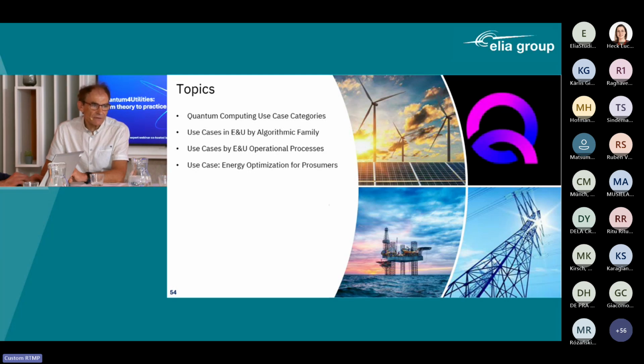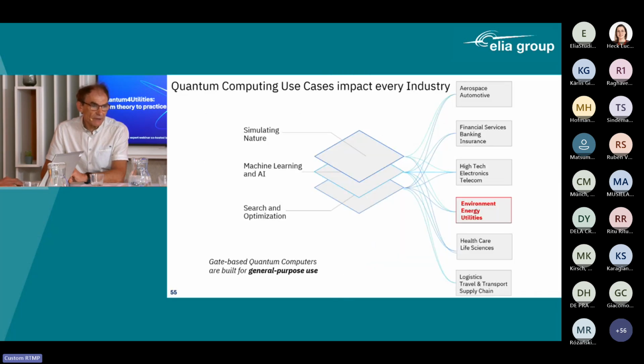First of all, I would like to give some overview of potential use cases from different perspectives, and then I would like to dive deeper into one of them. You find on the left-hand side of the screen that the main use cases can be categorized in three big parts. First, simulations of nature, but also of human-made processes, where there is complexity or uncertainty.